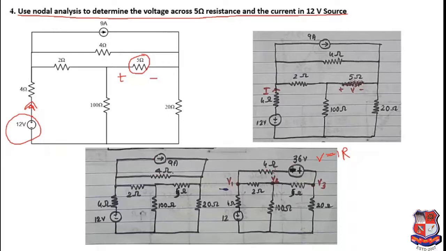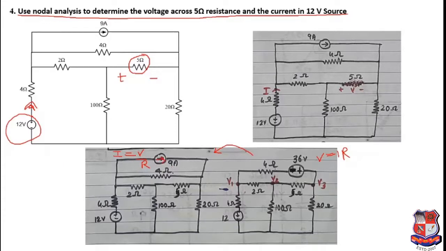So this is the conversion, and the same way vice versa is also possible. If you have a voltage source connected in series with a resistance, then the equivalent current source would be I equals V by R. So it will be 36 by 4, that you will get 9 ampere, and this resistance that was connected in series will go in parallel. Now the other thing which you should remember while doing source transformation is the direction of this current.